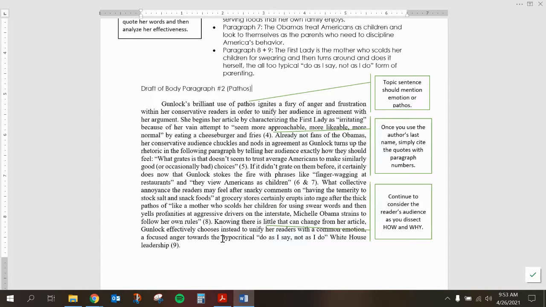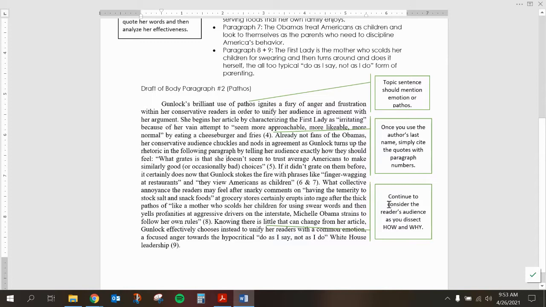What grates is that she doesn't seem to trust average Americans to make similarly good or occasionally bad choices. If it didn't grate on them before, it certainly does now. That Gunlock stokes the fire with phrases like finger wagging at restaurants and they view Americans as children. Notice here that I've taken two quotes from two different paragraphs, so I just simply cited as 6 and 7. What collective annoyance the readers may feel after snarky comments on having the temerity to stock salt and snack foods at grocery stores certainly erupts into rage after the thick pathos of, like a mother who scolds her children for using swear words and then yells profanities at aggressive drivers on the interstate, Michelle Obama strains to follow her own